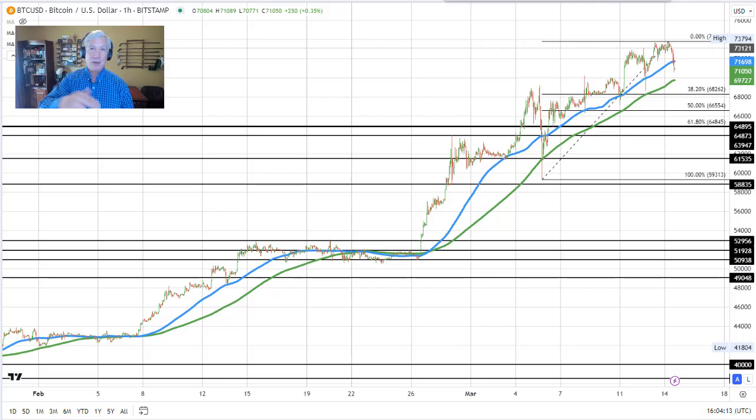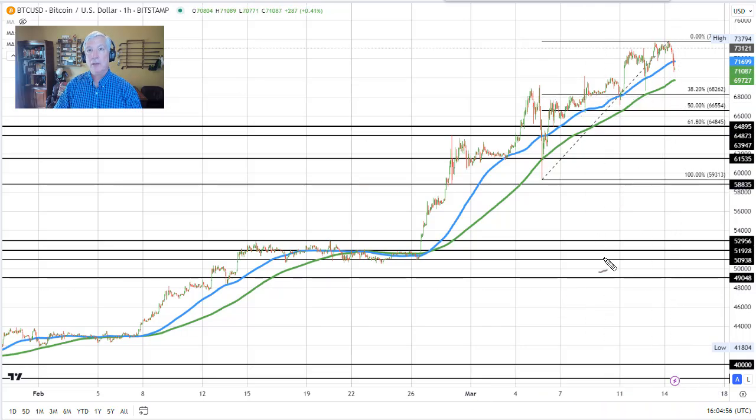We did go from 40,000 to 73,000 in a short period of time, so there is room for a corrective move to the downside. Now, what would give us more confidence to the downside in Bitcoin would be a break below the 200-hour moving average. We did break below that 200-hour moving average here, but all these other moves to the downside did not get to and through that 200-hour moving average. So getting below the 71,048 level here, where the 200-hour moving average is found, or actually it's at $69,727. If we get below that level, that would increase the bearish bias for Bitcoin traders.